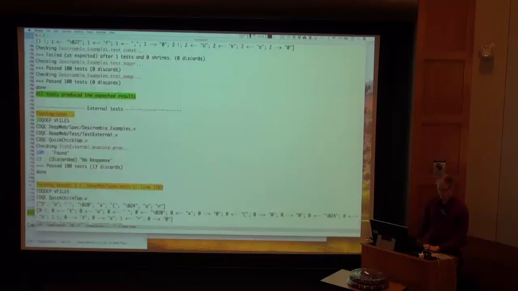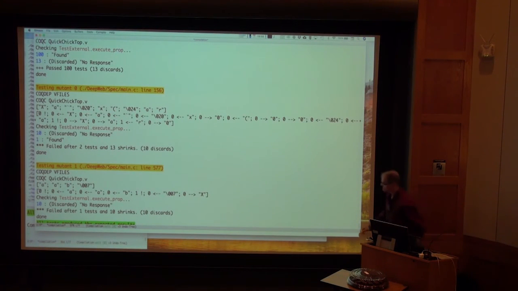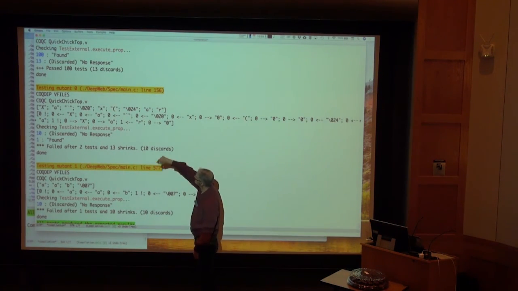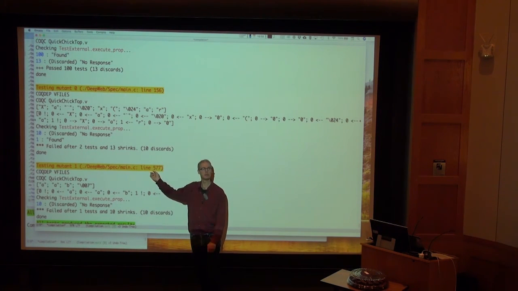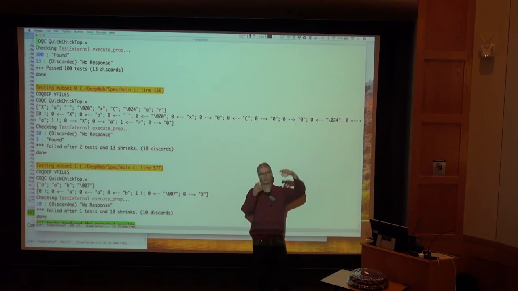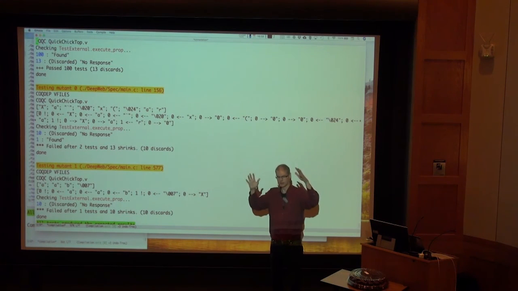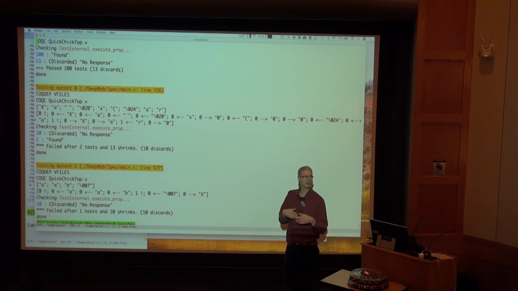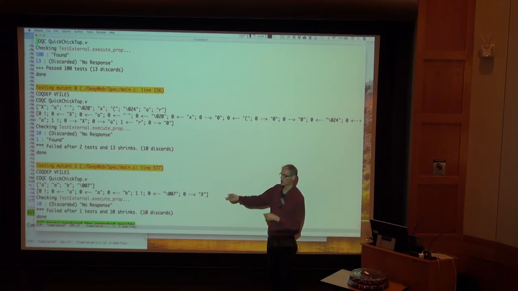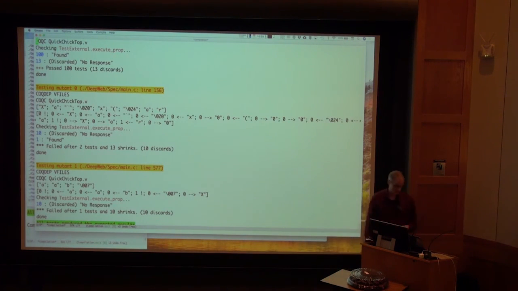And then this thing at the bottom is actually testing main.c. So it's testing the correct behavior plus a couple of mutants that we've inserted in main.c that make it misbehave. And this testing is actually happening across the network. So we're taking the specification and some testing infrastructure and extracting it to OCaml and binding it together with a little runtime library that does socket stuff and communicating with the C program, which is listening on a socket on the other side of a network. And finding the inserted mutants. Okay,